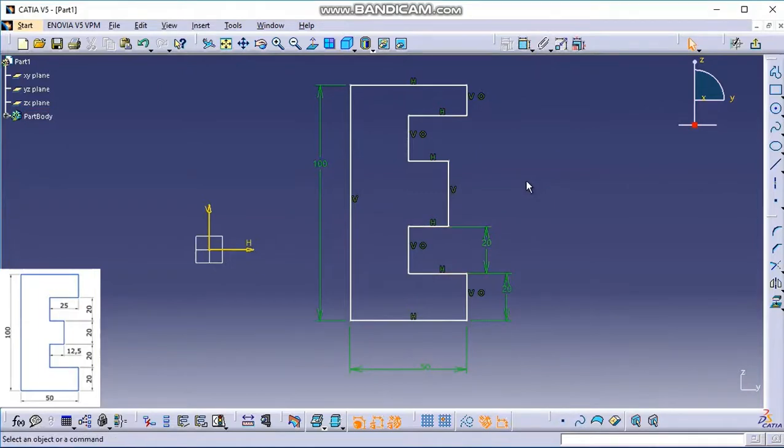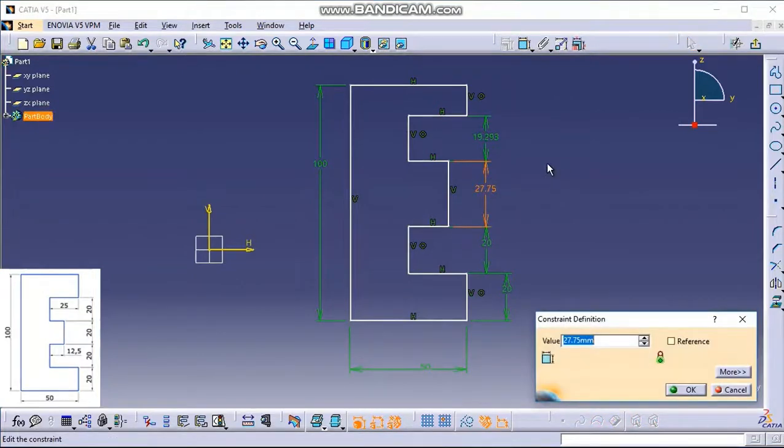So to continuously give the dimensions, double click on this icon. You can double click on any icon to lock it. Now let me see. You can see this is not dehighlighting. So I can give dimensional constraint to another line also using this same double click. Again you click once, then it will be unlocked.